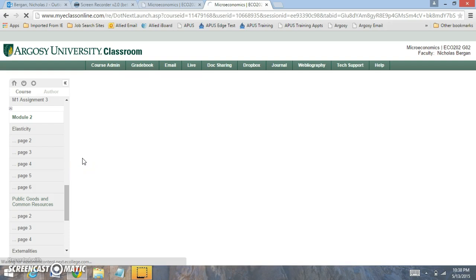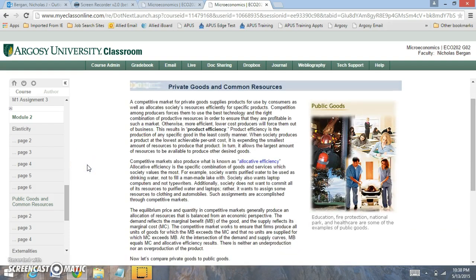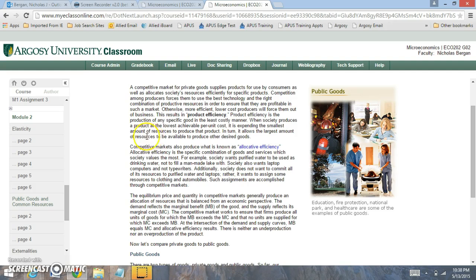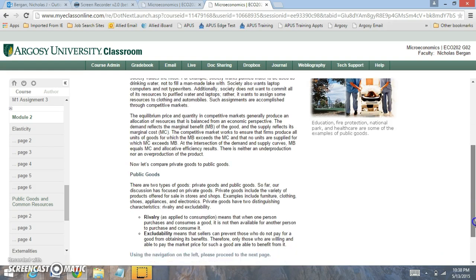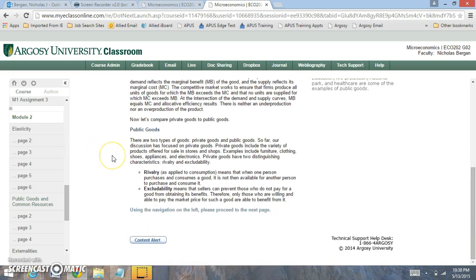Another concept we look at this week is public goods. Public goods are goods that are supplied by the government. You'll notice that public goods are non-rival and non-excludable. What that means is that we do not compete to consume a good or service, and also a store cannot exclude anyone from consuming a good or service. That's the non-excludable, non-rival component.